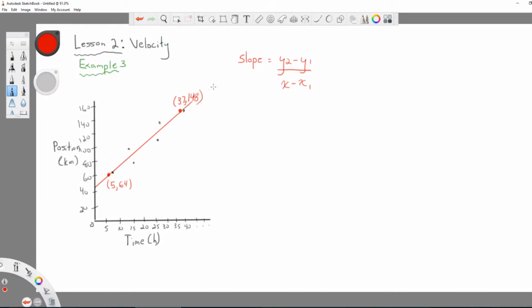Well, we have 2 points now. We just found them. Drew a line of best fit, found points. Essentially, we can integrate these points into this formula now. So we can now say our slope